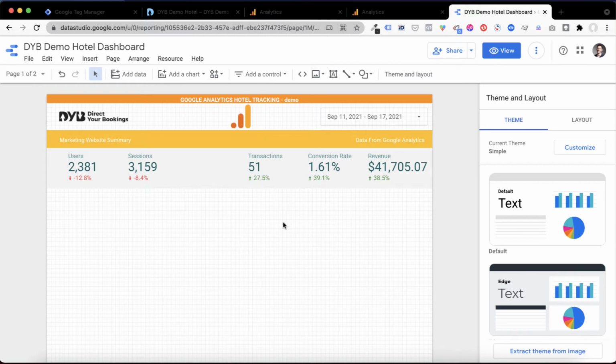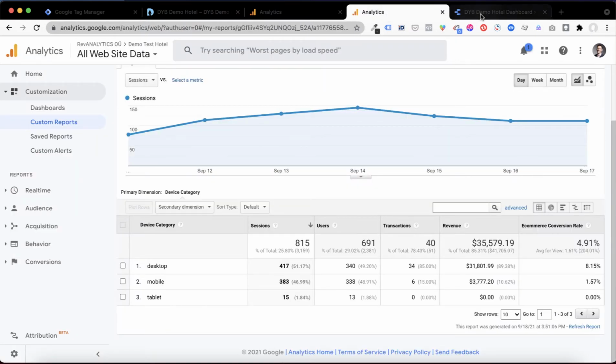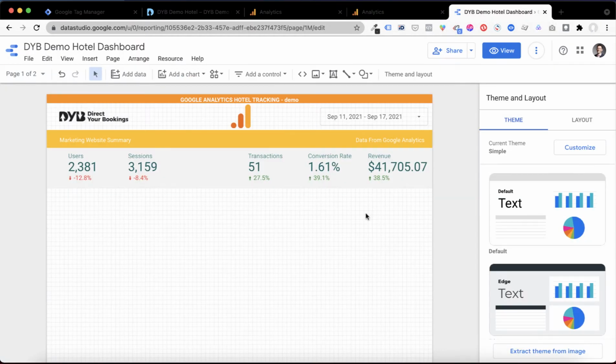You simply follow the instructions to connect your Google Analytics account to Google Data Studio in 3 easy steps. And that's really it. Even if you have never heard about Data Studio before, it will literally take 3 minutes. The most important variable is probably how fast your internet connection is. It's really that simple, so I'm not going to dig into it. However, this is just a demo dashboard already connected to the Google Analytics account of this hotel,